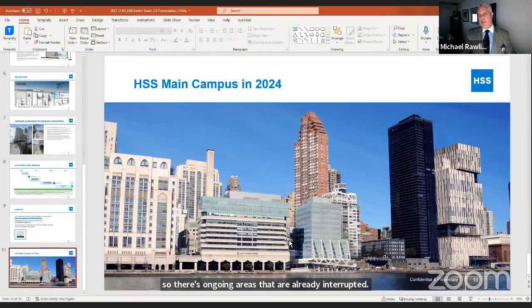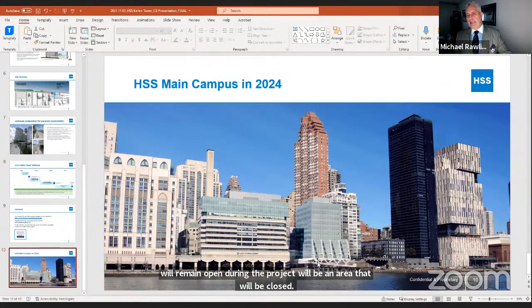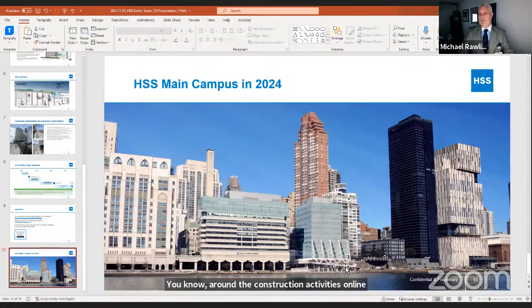Once that work is done, then coming on 71st Street, you'll have uninterrupted access going south on the Esplanade, and the pedestrian ramp on 78th Street will remain open during the project. There'll be an area that will be closed around the construction activities along the FDR Esplanade when the steel arrives and while we're doing the foundation work, but you'll have access on 78th Street going south to a certain point and then going north up into Carl